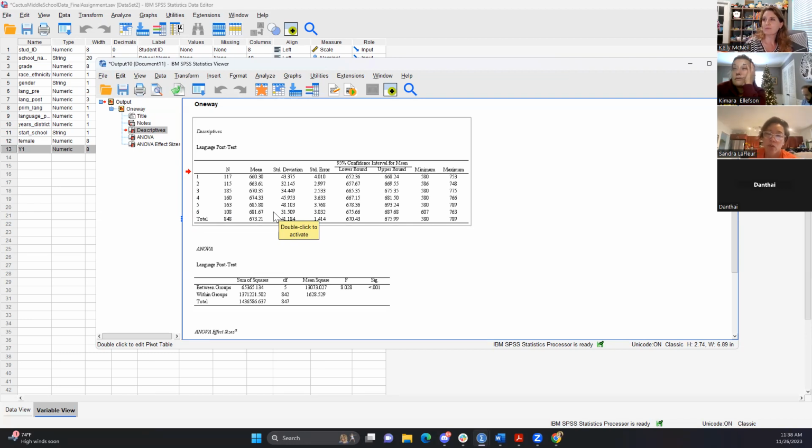Can I ask you guys a question? This is what I get super confused on: the standard deviations. Talk to me about what this is saying to us, because this is what I always struggle with. So on 117 people, the mean score is 660, but the standard deviation means that between all of those 117 people, there is an average of about 43 points on either side of the mean. So on average, people could score either 43 points lower or 43 points higher. That's a pretty high standard deviation.